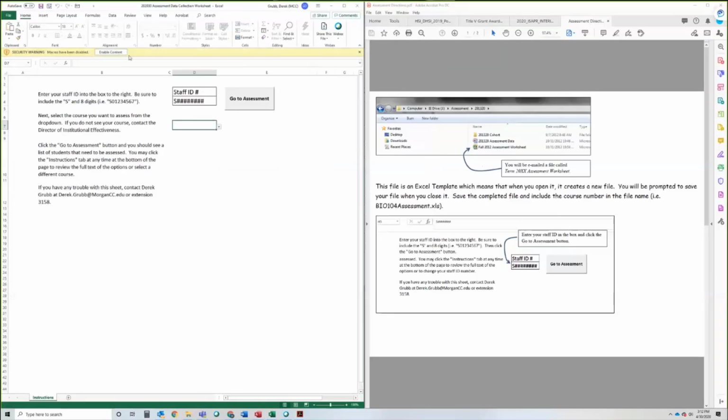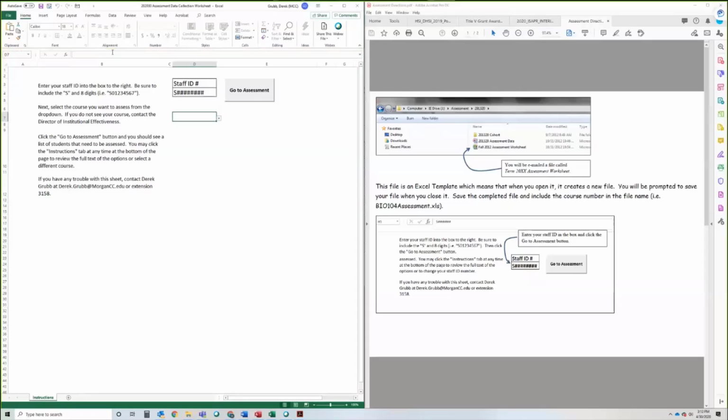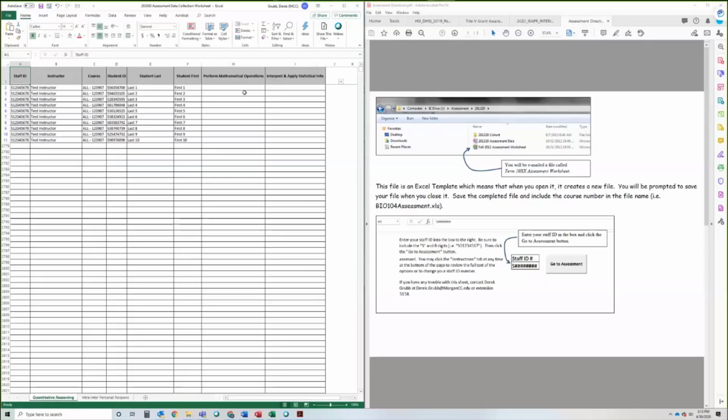Once that's enabled, or if you don't get that prompt, more than likely you will get this security prompt where it says macros have been disabled. If you just click enable content, then you're going to be able to use the file. What that allows you to do is enter your staff ID number here. I'm going to enter a sort of test account here. Once you enter your staff ID number, you simply hit go to assessment,